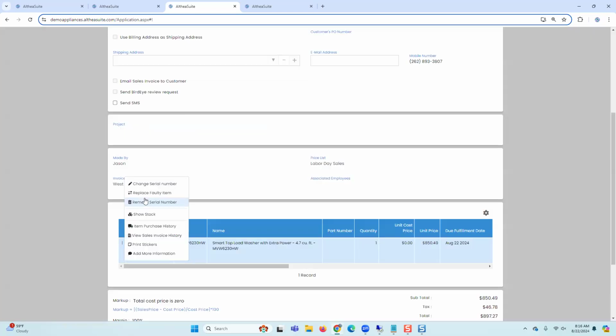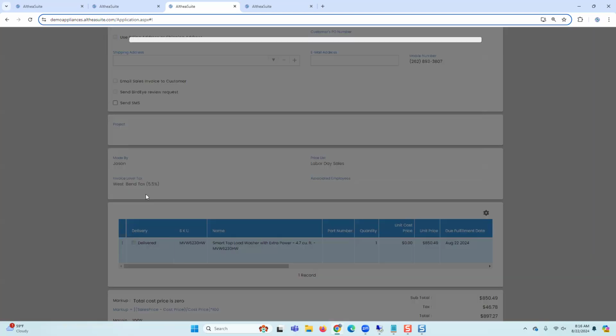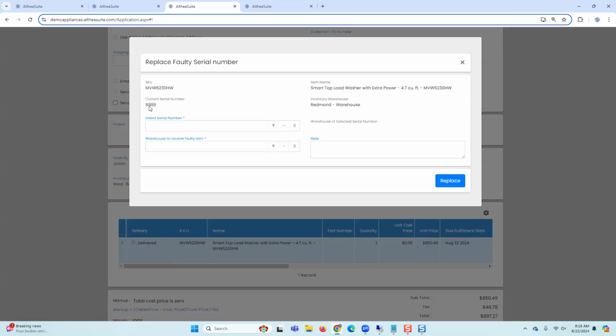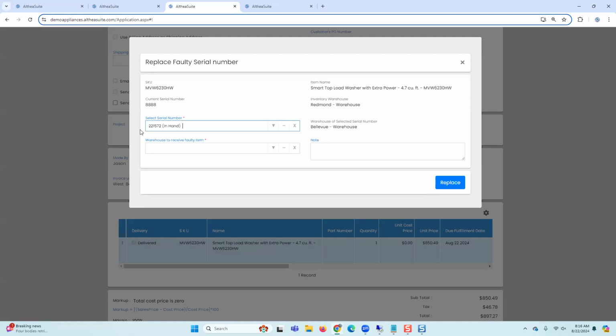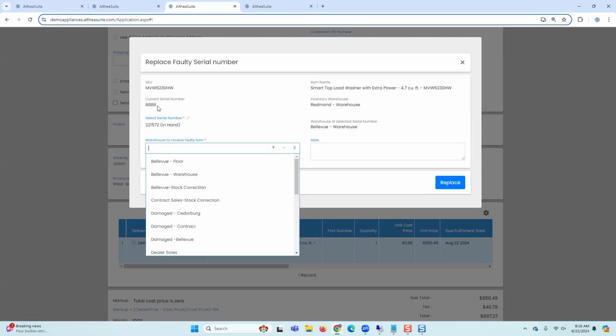You also have the option to replace a faulty serial number. That means you're bringing back the current serial number, 888. I'm saying that I'm bringing this back because when I did this delivery, something went wrong. It was a scratch or something. So of course, you don't want to bring it to your main warehouse. You could bring it to your damaged